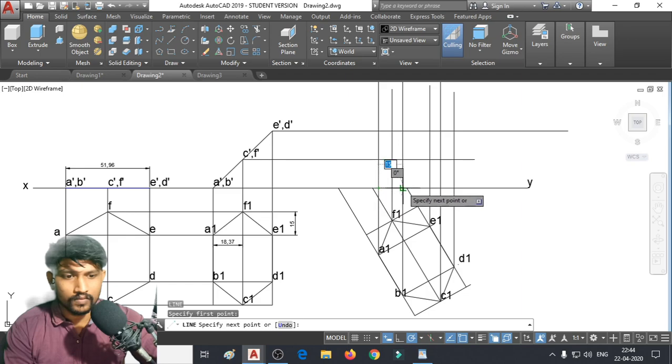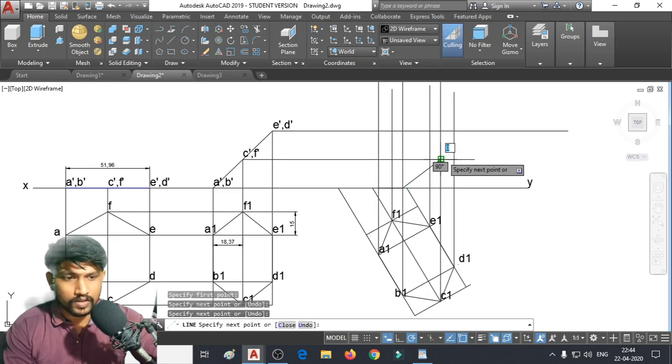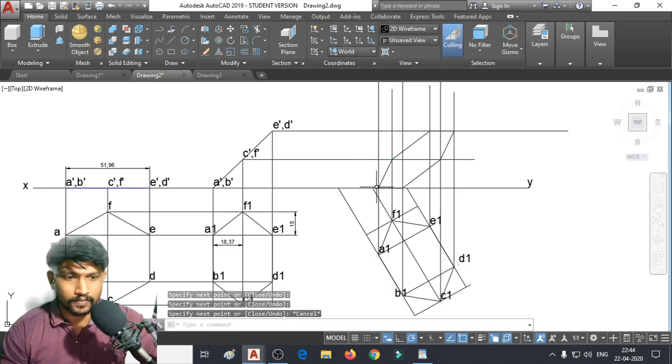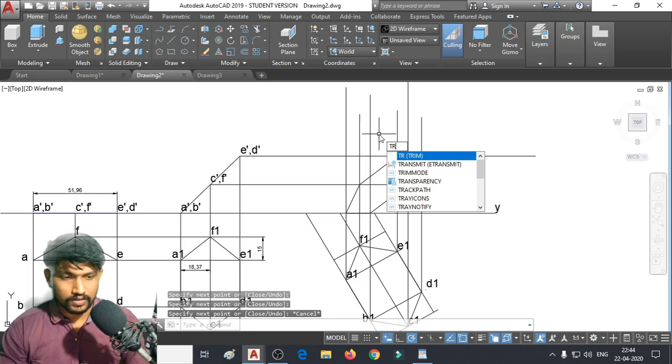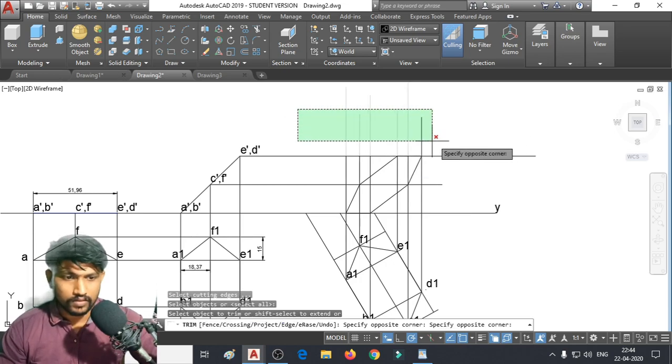B, C, D, E, F, A. So when I trim all of these things, you guys will come to know